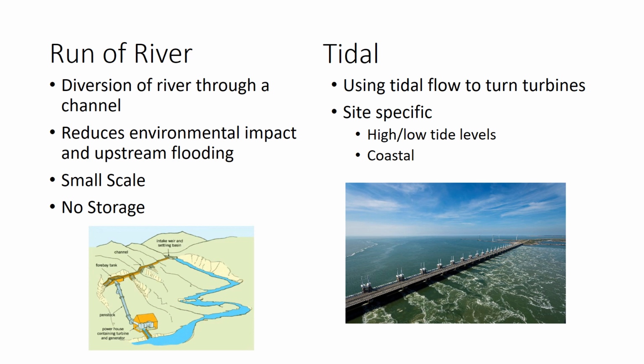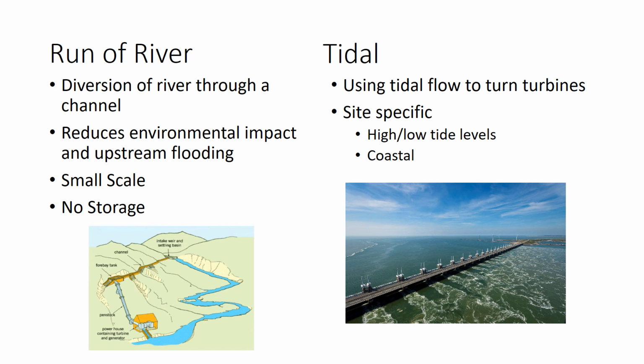It really can only be done on a small scale because the amount of water that's running through the turbine is actually not very big. Also, there's no storage. So you don't have that reservoir above, and you don't have control over how much water is actually coming through. And so you don't really have a way of saving electricity for when you want it or need it. And you're also dependent on rain events and what the flow of the river is looking like at that time.